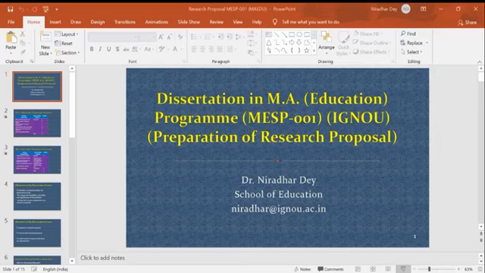And further, the major points that are included in the research proposal, that is, first, what are the different steps that you're supposed to follow when we prepare a research proposal. First is the title of the research problem. So you have to write the title of the research problem. What are the different variables you're supposed to consider, you're supposed to study